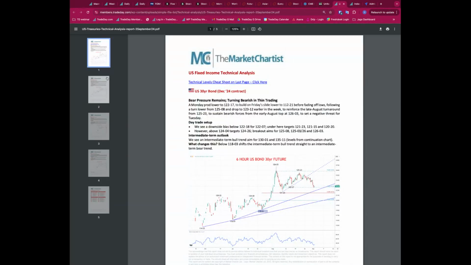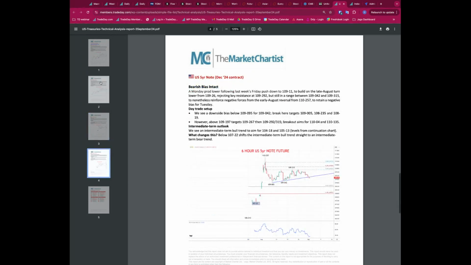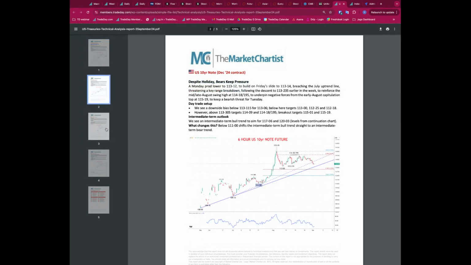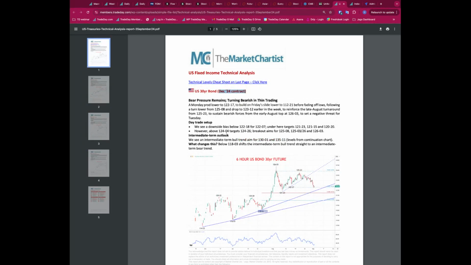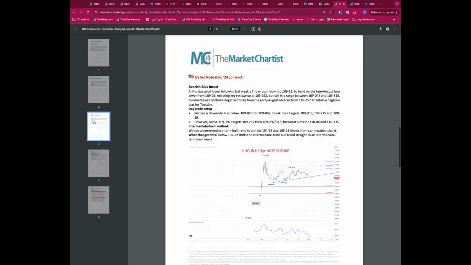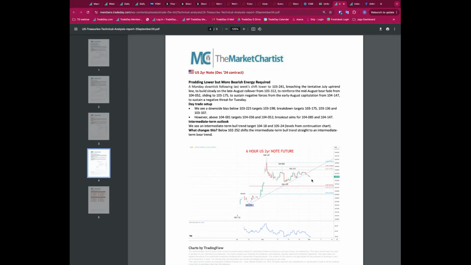and obviously lower in price. Remember, on the December contracts on the bond markets, whether you're looking at the bond, the note, the 5-year or the 2-year, we're negative on all of these, and the further out we go, the more negative it is. So the 30-year bond certainly looks like a topping structure, potentially pointing lower. But the 5-year looks more negative, and the 2-year even more negative, trailing down to lower prices, higher yields, and breaking this trend line. So the outlook on the bonds looks more negative on price, which means higher yields.